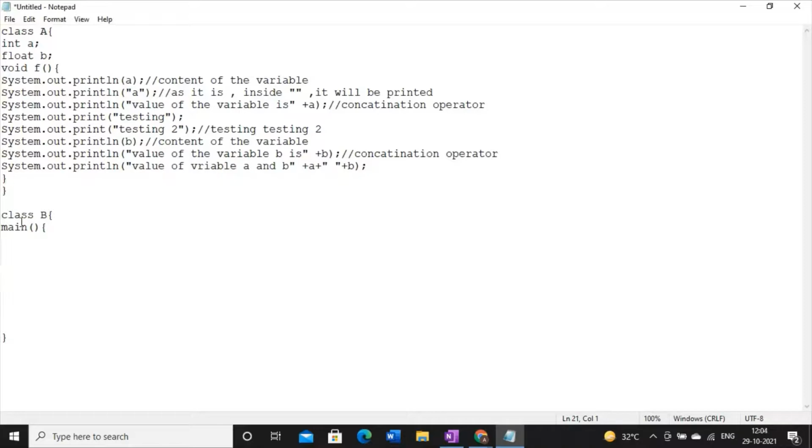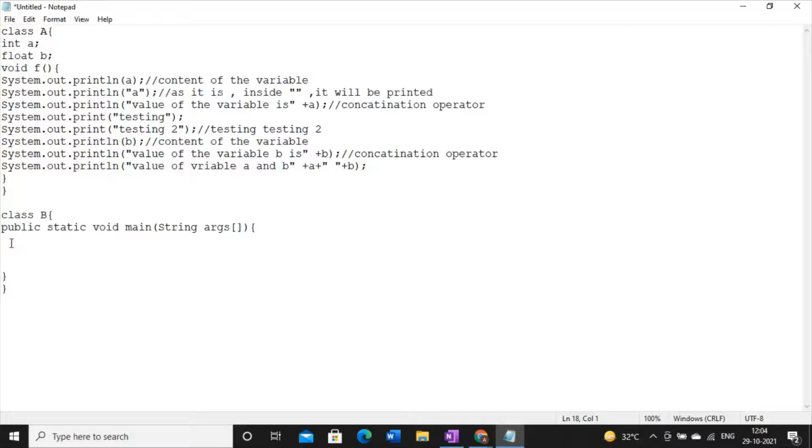This is how the main method will look, but in Java, the main method will not look like this. We have to write public static void main, and also inside main, we have to write String args array. I will explain it later. So this is how your main method will look.